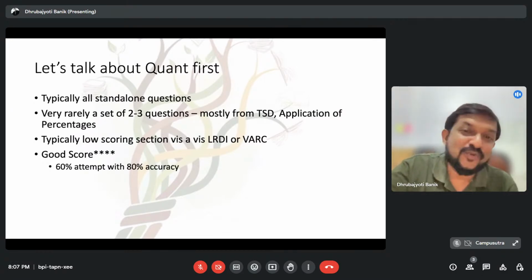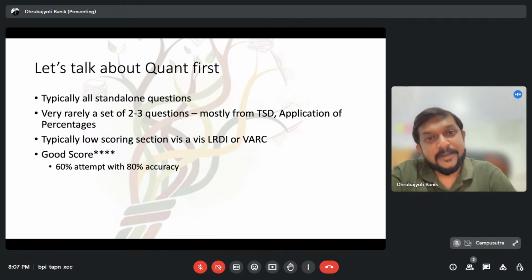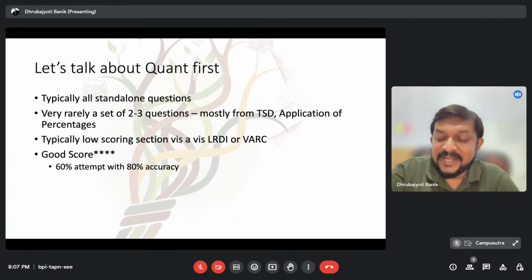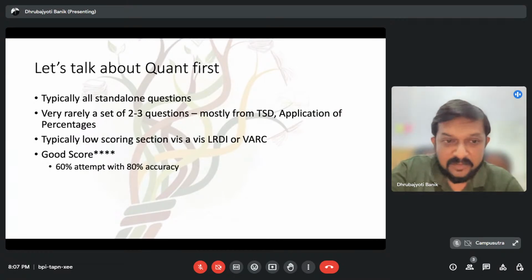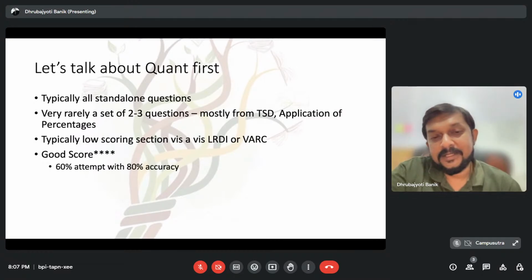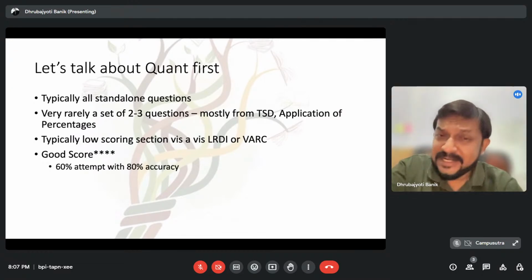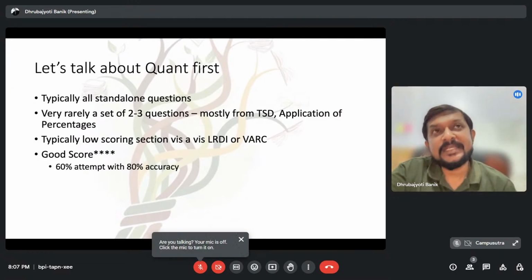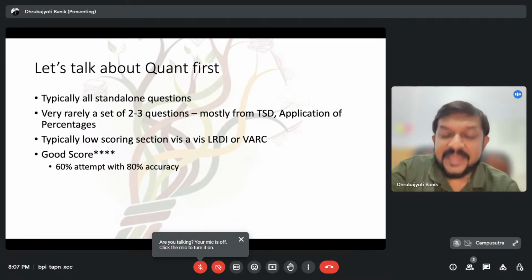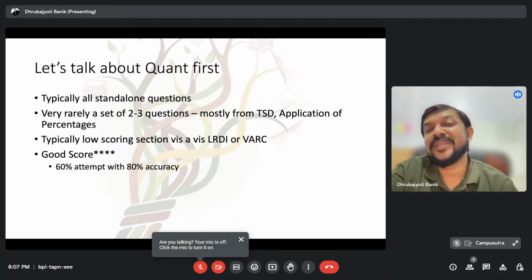Now that policy does not work in quant because each question is separate. Okay, so how to deal with that and what is the strategy, we will talk about it as we move forward. But yeah, that is the one. Now another interesting part of the story is, this is typically the lowest scoring section